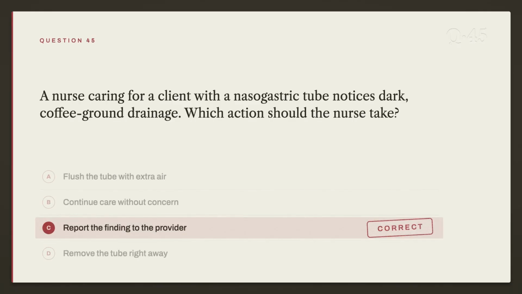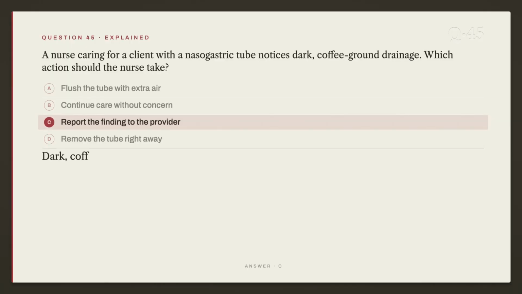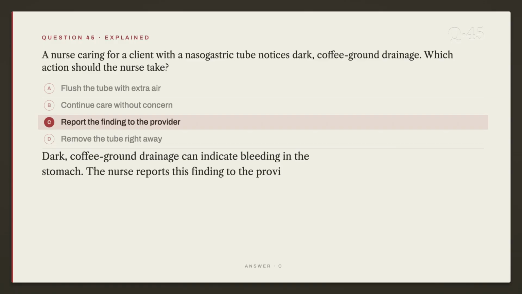The correct answer is C. Report the finding to the provider. C is correct because dark coffee ground drainage can indicate bleeding in the stomach. The nurse reports this finding to the provider promptly so the cause can be investigated and treated for the client